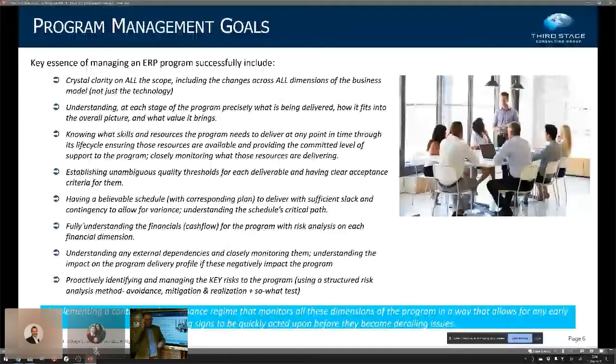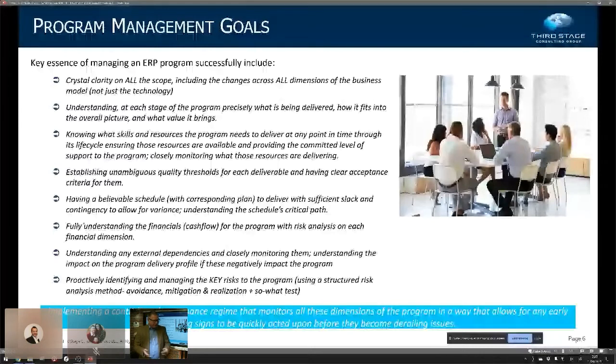And also having a sensitivity and a variance analysis on each stage of the program. You know at the beginning of a program that it's going to be a massive variance, because there's thousands of things more that you don't know than you do, and that variance will improve over time. And so you should start with a big variance at the beginning and reduce that as you go through each stage gate, and the certainty becomes higher.